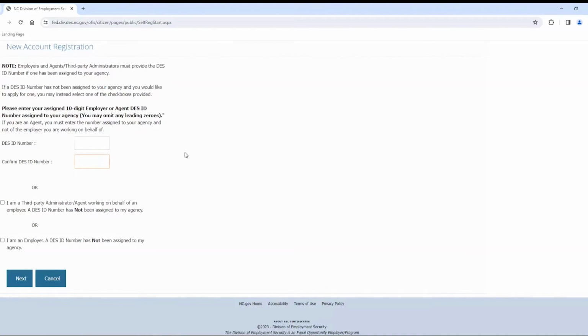That's if you already have an employer account. If you do not, and you need to register as an employer, and you've never been registered as an employer at all, meaning you do not pay unemployment taxes and do not have an account, you would click at the bottom and click next. So either you would put in your ID number, if you're an existing employer account ID and you pay unemployment taxes with us,